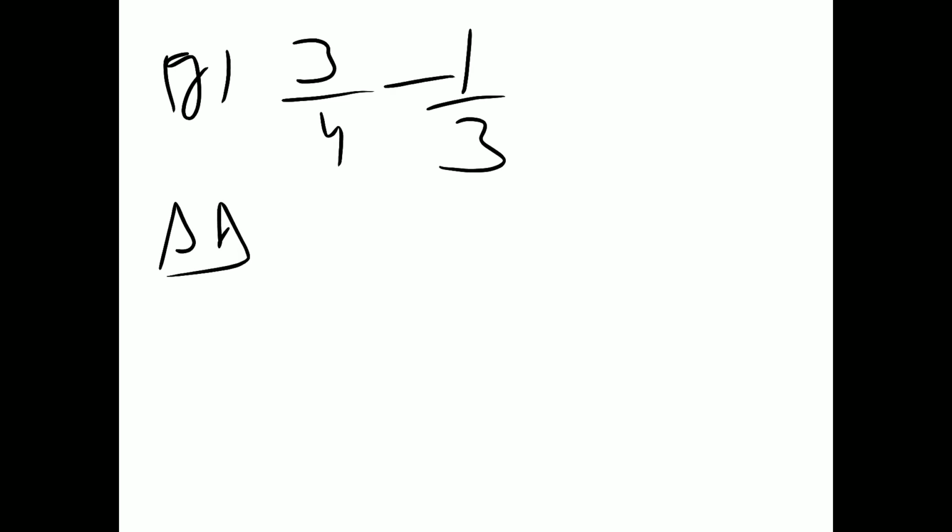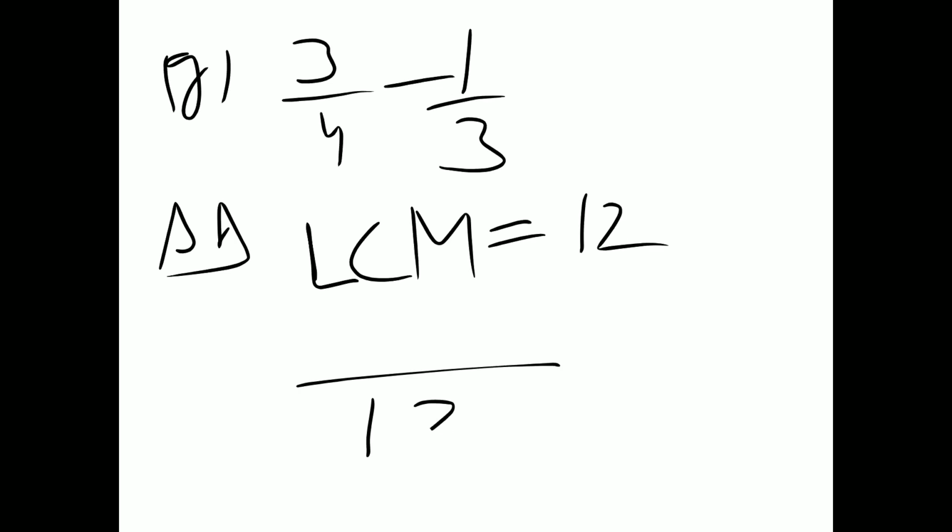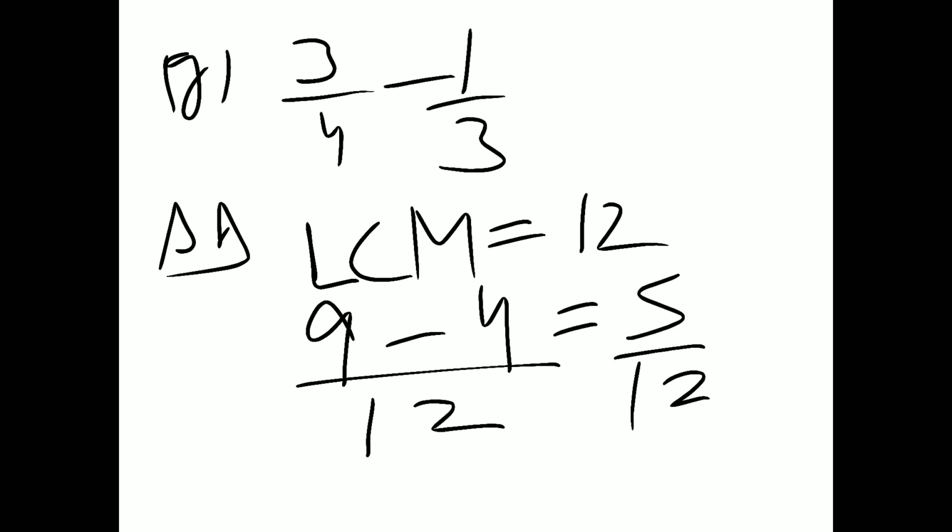Here in place of the plus sign there is a minus sign, but the LCM will be 12 because 4 and 3 do not come in one table. So you write 12 down. In the 4 table, 12 comes at 3s are, so 3 3s are 9. In the 3 table, 12 comes at 4s are, so answer comes 5 by 12. Clear? Now H, I, J parts students you will do. I will do K and L parts now for you.